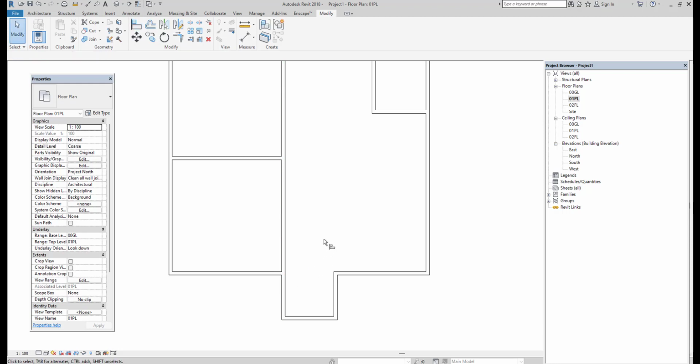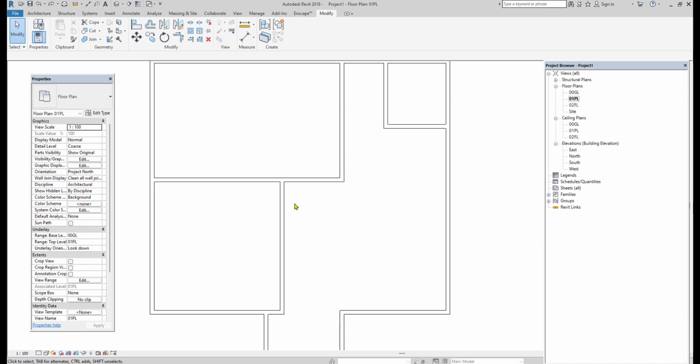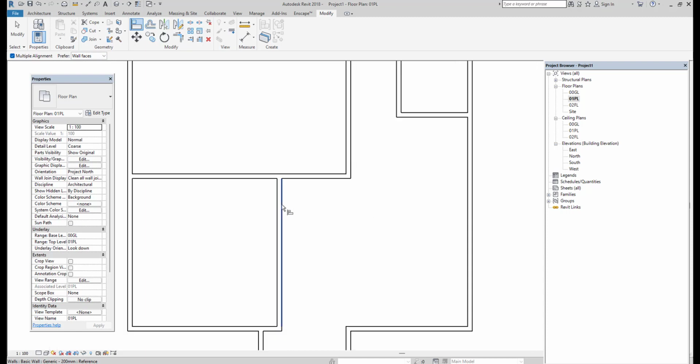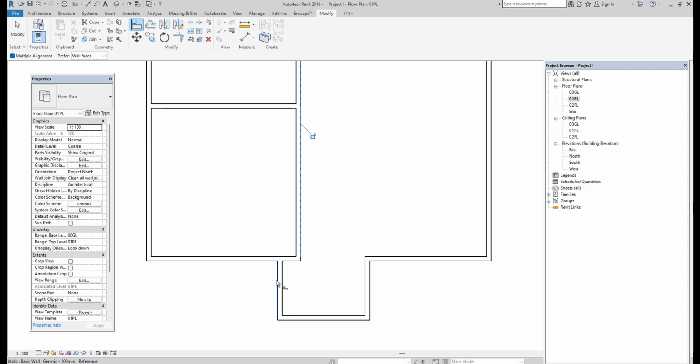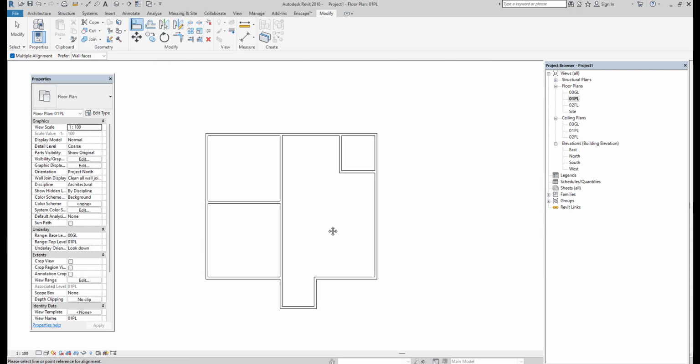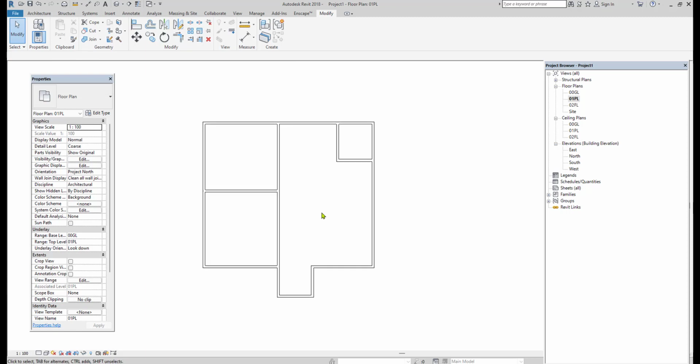In the same way, if you want to align these two walls with the help of the face option, I select the align option and switch the option to wall faces. This is the reference. Once again I click that wall face. You can select the outer wall face or inner wall face. So I select the outer wall face of the reference line and then select the wall which you want to align. Same way, I select the outer faces or inner faces depending on the requirement. Like this you can align walls by using the align command.